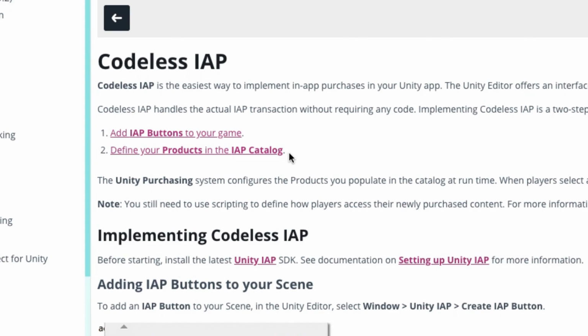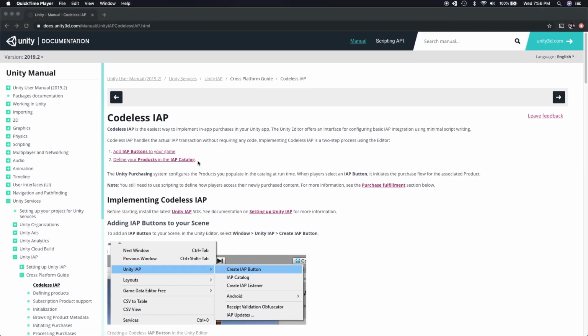So we are going to take a look at what is an IAP button, how do you implement them, how do you initiate the purchase flow using IAP buttons, and how do you define products in IAP catalog. For the scope of this tutorial, we won't be concentrating on how to set up the project and products on the Google Play Store or the iOS App Store. That is outside the scope of this tutorial. So let's jump into the